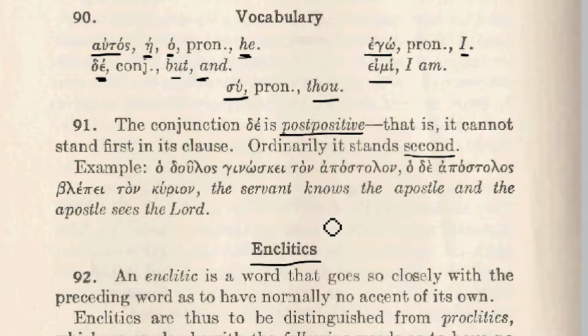So one other little note here in passing, you notice the word ego and eimi. The word eimi means I am. If you were to have the word ego used with it, ego eimi, then it is emphatic, I am, and there's a considerable emphasis on the notion of I am. You may know, if you've done any New Testament studies, that that is the formula that's used especially in the Gospel of John, in which Jesus will make his famous I am statements. I am the door, I am the good shepherd, and it's always an ego eimi formulation,